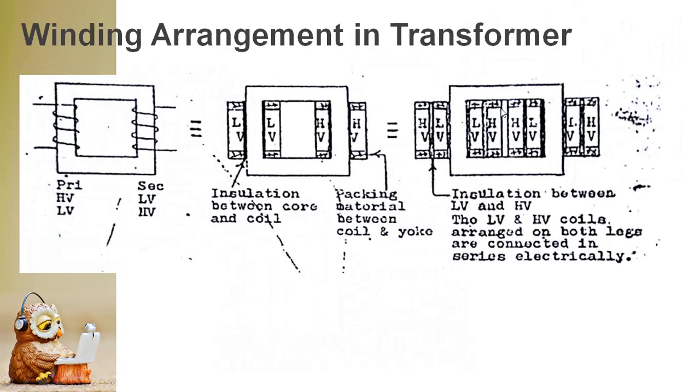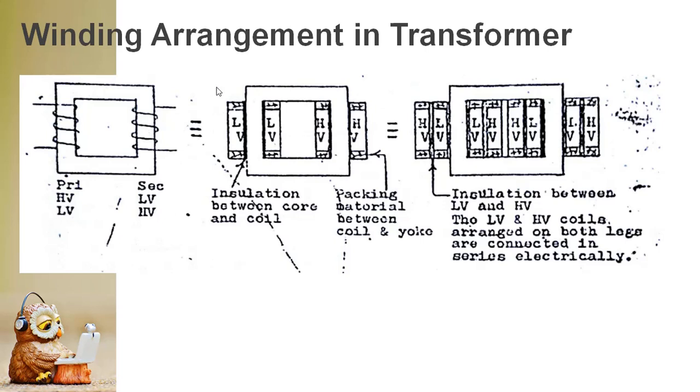Clear? Now I have a core. I need to place the winding. See, you know this diagram very well. If I asked you to explain the construction of a core type transformer, you start writing this diagram. So what actually it is, a magnetic circuit. It is nothing but a core, and we have a winding, primary winding and then secondary winding. Either it may be LV or HV, depending upon the type of the transformer, step up or step down, right?